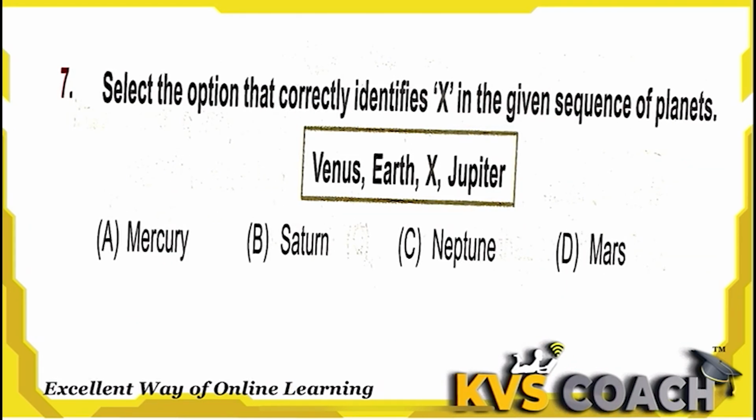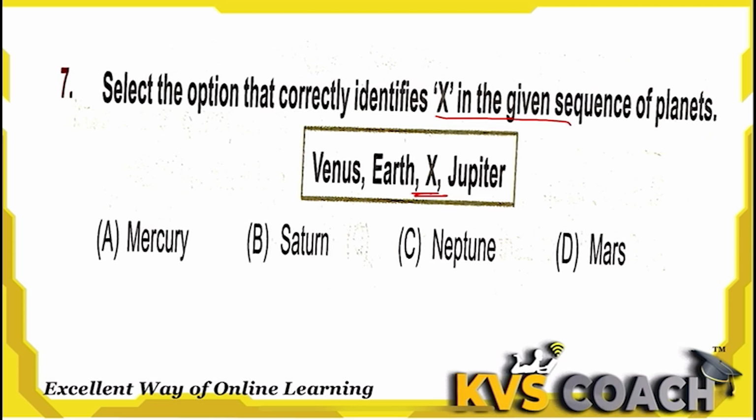Next question is, select the option that correctly identifies X in the given sequence of planets. Venus, Earth, X and Jupiter. What is X? Here Venus, Earth, X, Jupiter. Look,